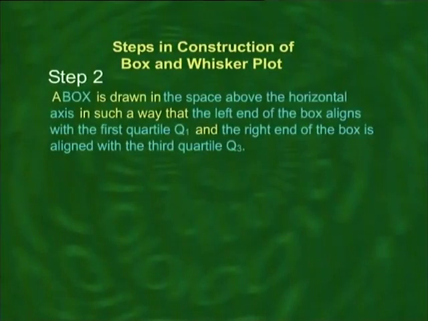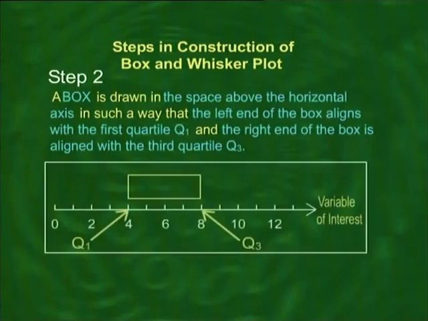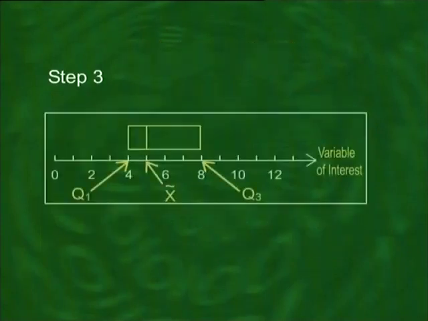Next, a box is drawn in the space above the horizontal axis in such a way that the left end of the box aligns with the first quartile of our data set and the right end of the box aligns with the third quartile. After that, the box is divided into 2 parts by a vertical line that aligns with